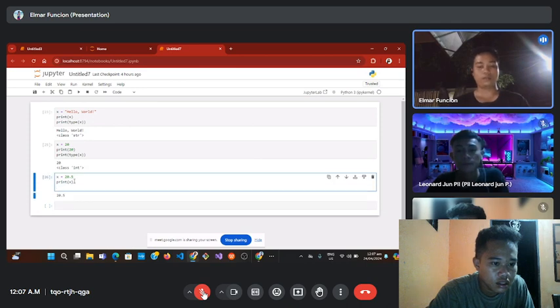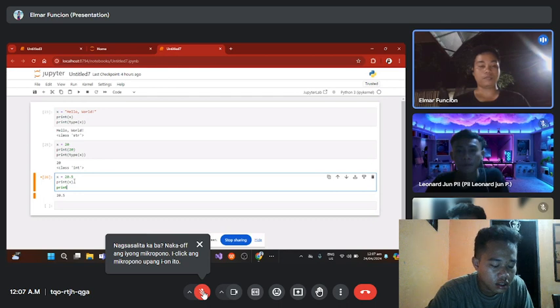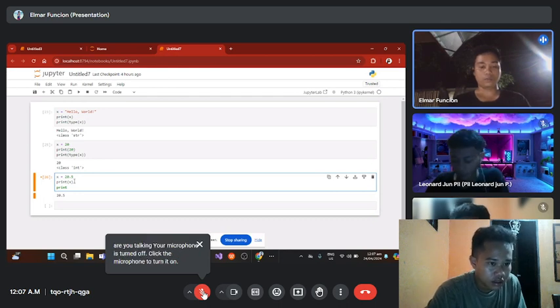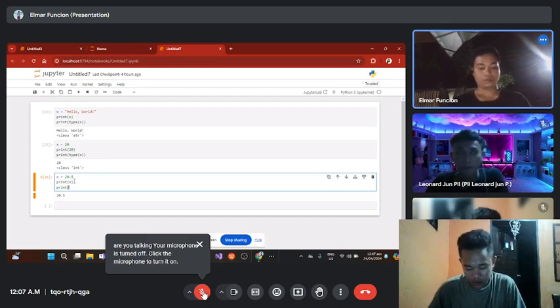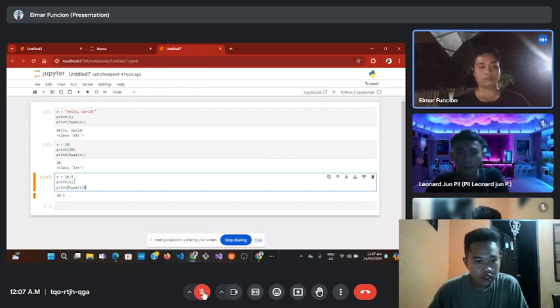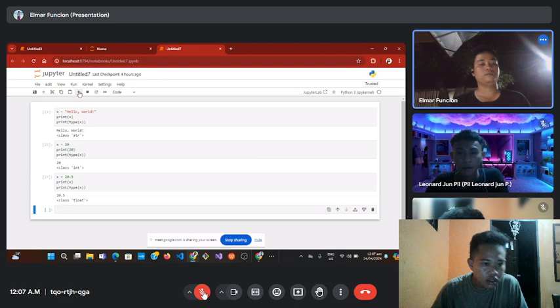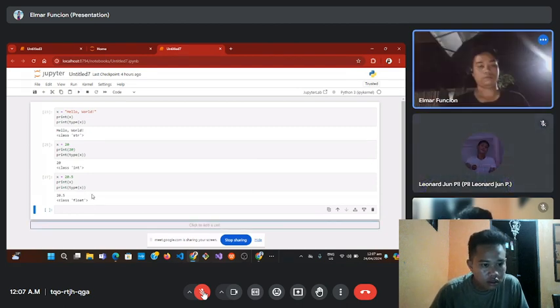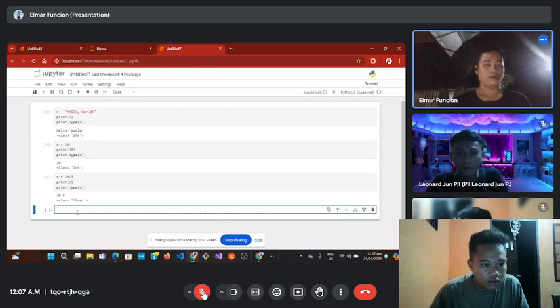To identify another data type of variable, I'm going to type x. There you go. So this is the float.